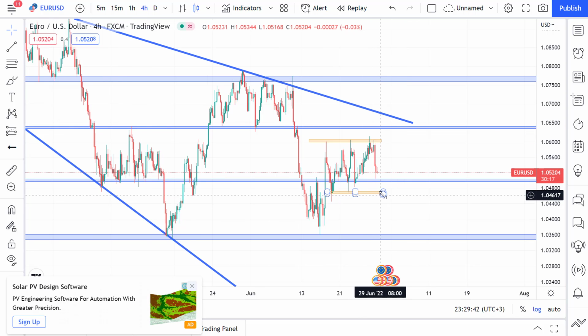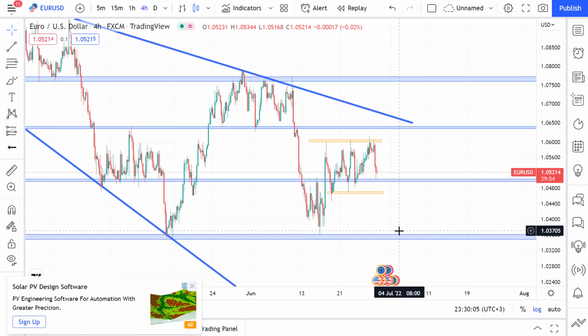and at the moment we can see the next target for euro would be 1.045 or maybe 1.05. This is the next target it can have, and if it gets bearish, pull back to this zone, then it can see